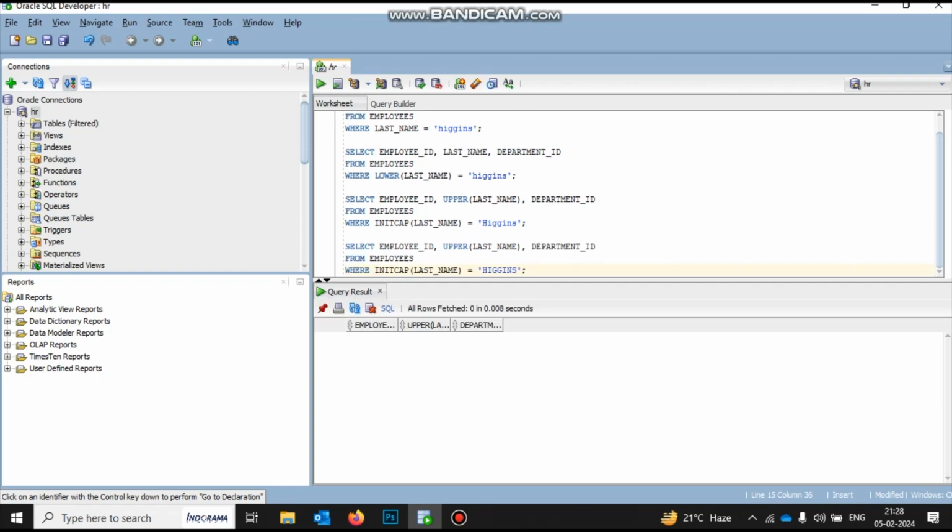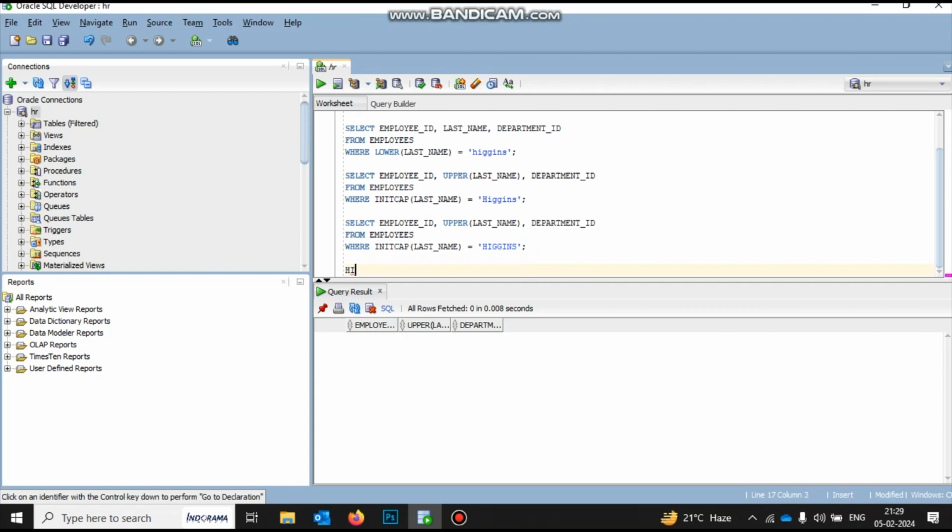No rows will be retrieved. Why? Because this query will first convert the last name values to init cap, that is the first alphabet in capital, rest of the alphabets in small, and then it will match with the value that you have provided in the where condition, that is Higgins. But the case to which it is converting the last name values is not matching with the case that you are providing in the where condition as a value, which means to Oracle,